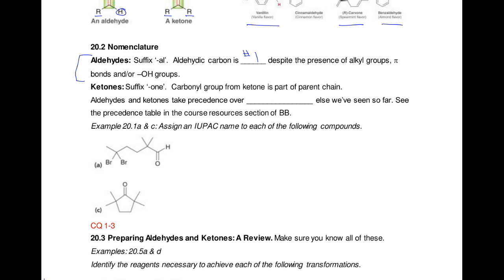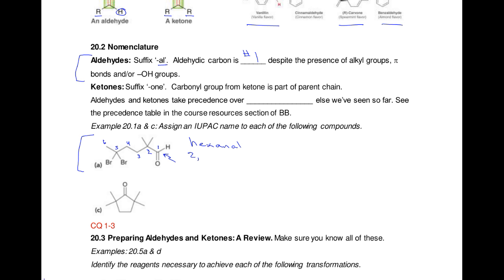If you take a look at example A down here, we have a carbon chain, and we can see that we have an aldehyde group, so that carbon is going to be carbon 1, and then we build our longest chain from that. You can see that we go carbon 1, 2, 3, 4, 5, 6. So we have a 6 carbon chain, which would be called hexane, but since we put in the suffix "al," it's going to be hexanal. Then we identify our substituents and give them locants, so we have 2,2-dimethyl,